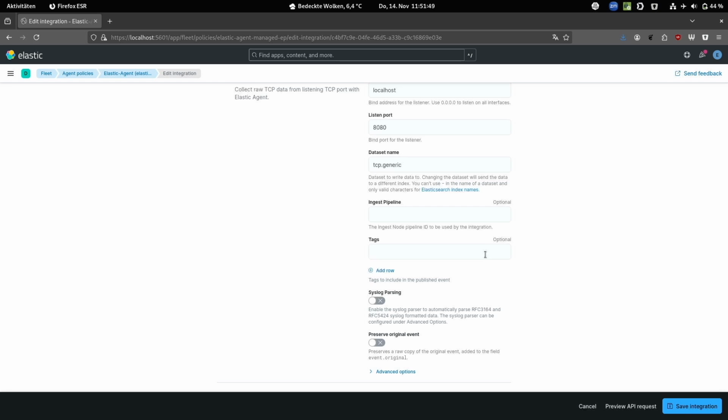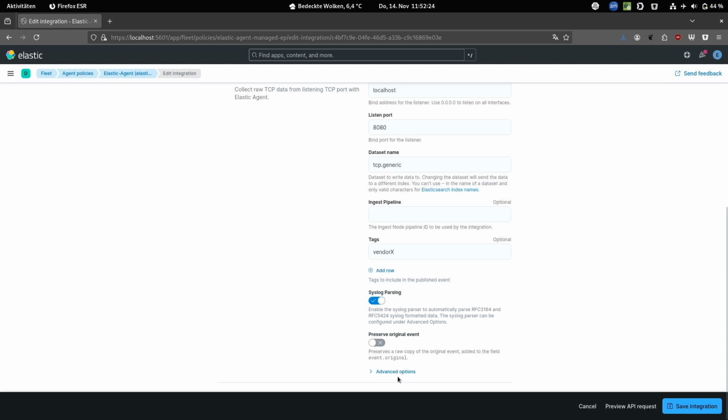It influences the name of your data streams in the ingest, which are the backbone of the data streams themselves. And then we can give it a default pipeline. I avoid it most of the time. I have special cases where I have to do it. For example, we call it vendor X for some switch. Maybe it's syslog style. Then we say, okay, parse the syslog, and then we have only the non-syslog part in the message.